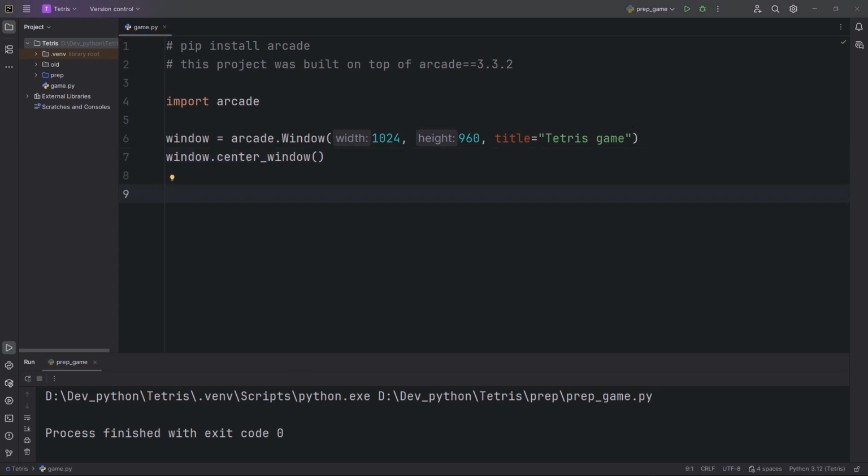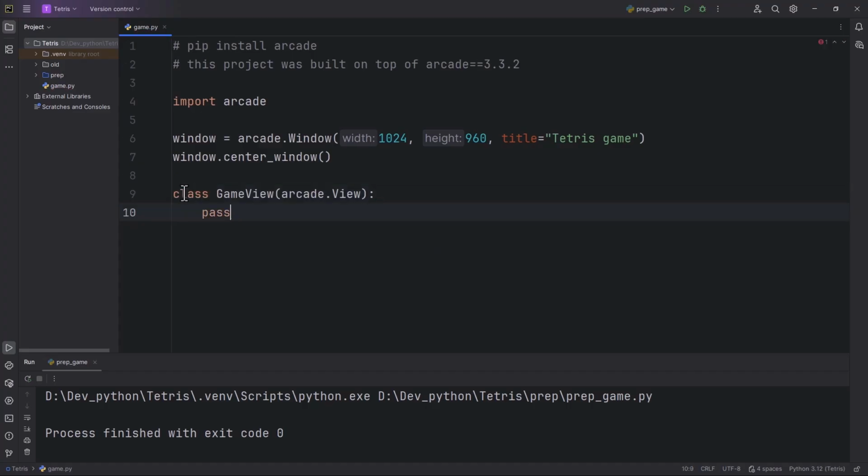Okay, next we are going to create a GameView class which will inherit from arcade.View. And I already explained most of this stuff in my arcade introductory series. So an arcade view is a view to a game. You can have multiple views in your game, and you can switch between these views. And this view class has several methods like on_draw, on_key_press, on_key_release, on_update, and so on,